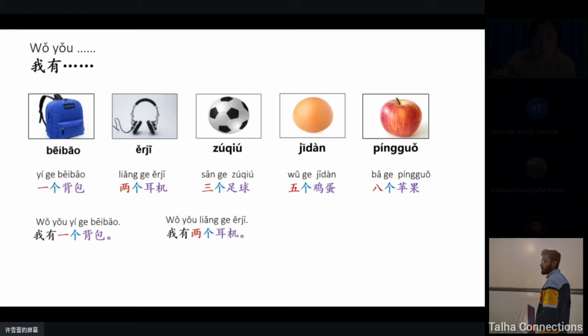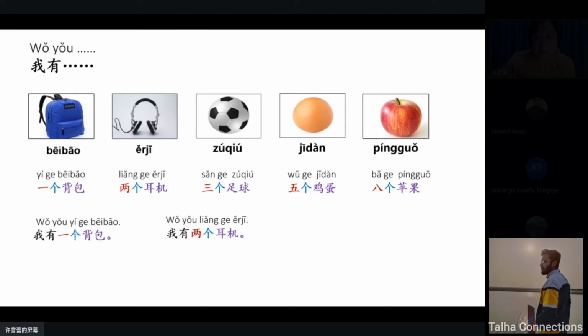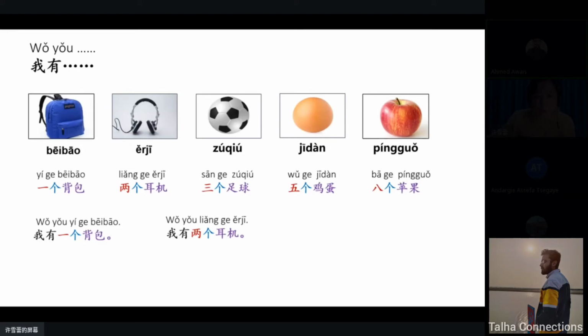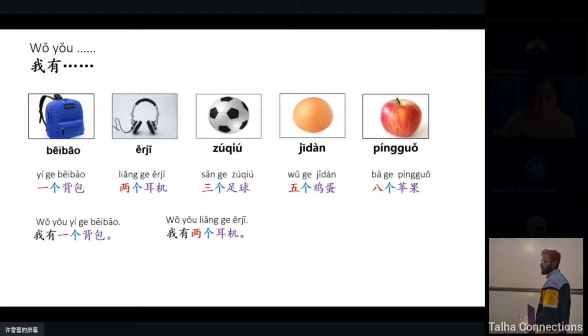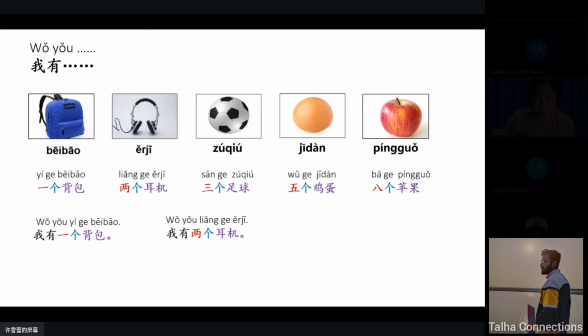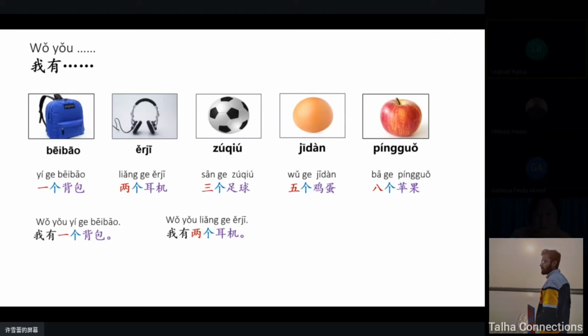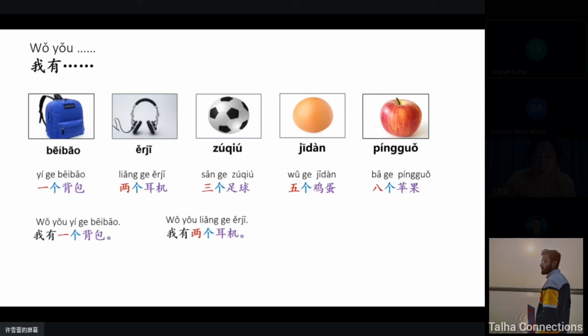Now try this phrase. Now please, you may turn on your mic and then tell me the sentence. 2个儿子. 我有2个儿子。背包。我有4个背包。我有3个儿子。